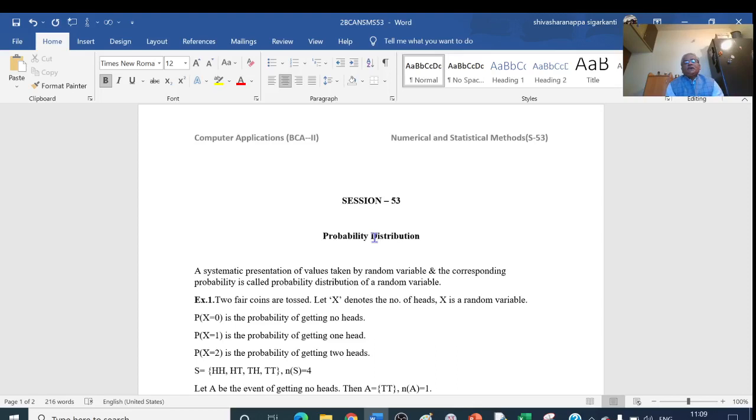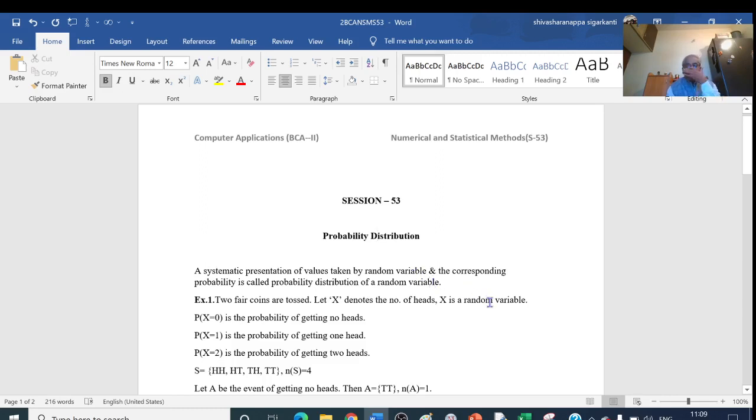In this video, we study probability distribution. So, what is a probability distribution? We have a random variable and we can have the corresponding probability of that random variable. A systematic presentation of values taken by a random variable and the corresponding probability is called the probability distribution of a